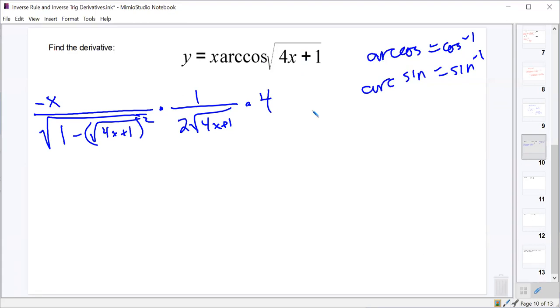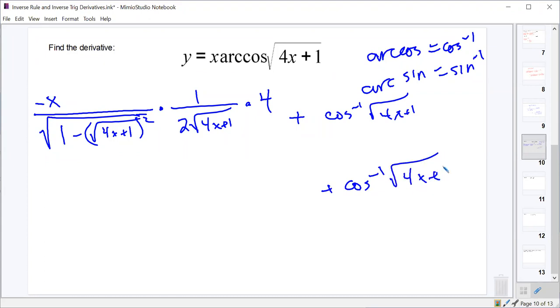Yes. And then the second part of the product rule should be plus the derivative of x, which is 1, times the other function, inverse cosine of root 4x plus 1. And so the right-hand side's pretty straightforward. Left-hand side, we can simplify a bit. The 4 and the 2 are just going to give us a 2 in the numerator, and we've got a negative and an x up there. So we're going to have negative 2x over,